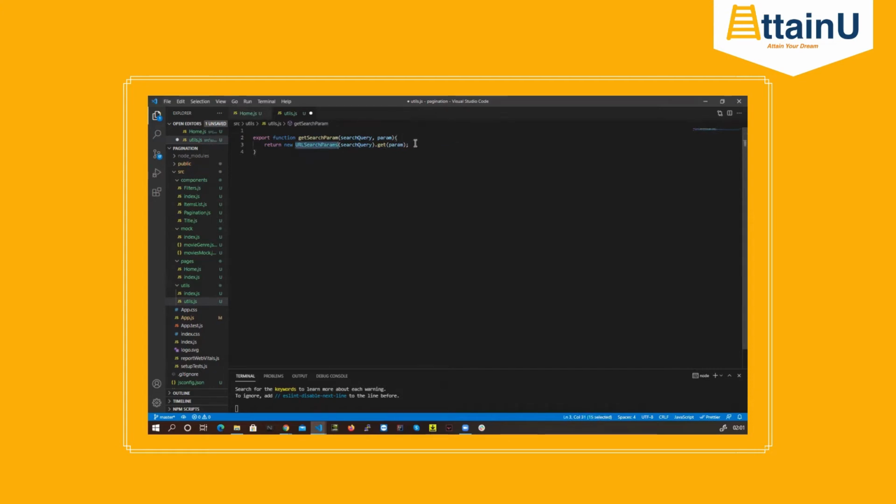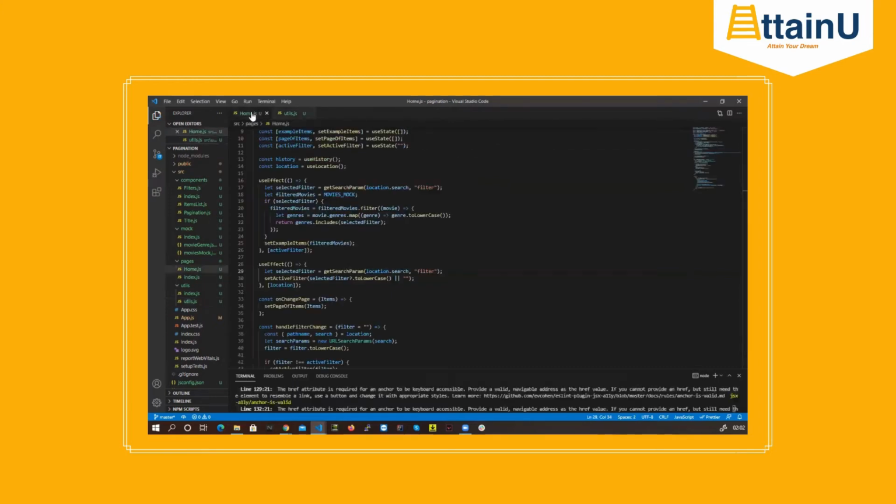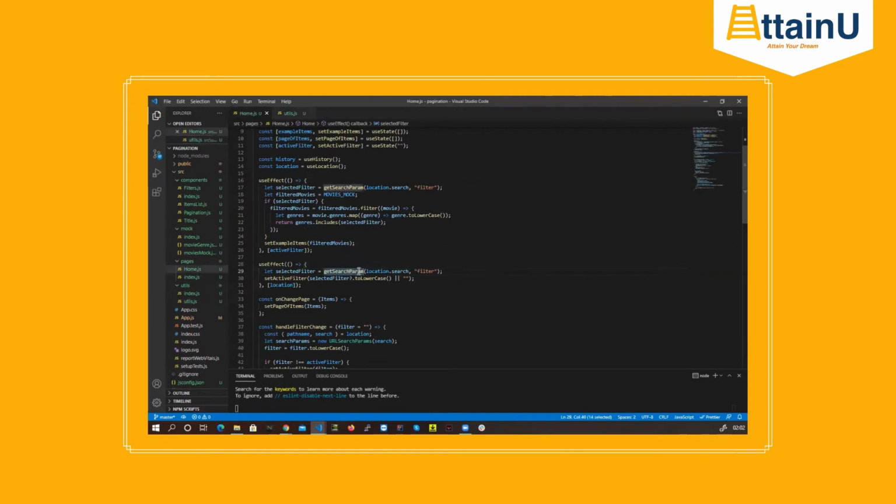Okay, so this is basically just going to return. So say if this is my query params, what is it going to return? If I pass the search query as this, and params I pass as name, my return value would be SP. Okay, the same way, if this is my search query, and if I pass age as my second parameter, which is param here, then the return value would be 10. Okay, so that's the idea here. So that's your get search param.